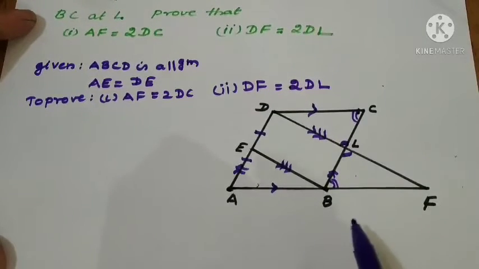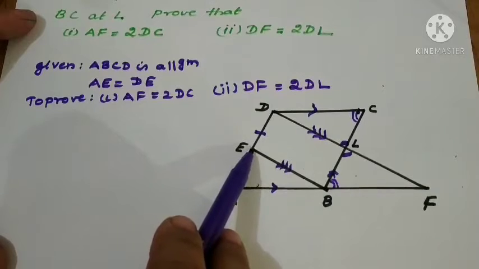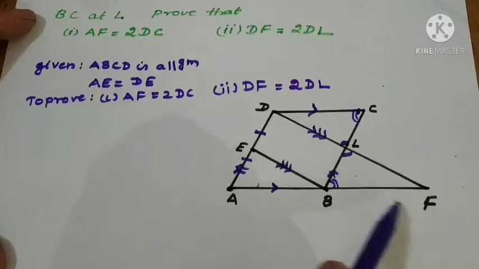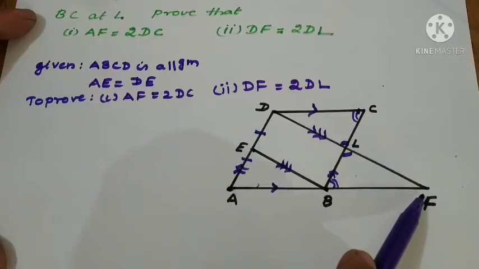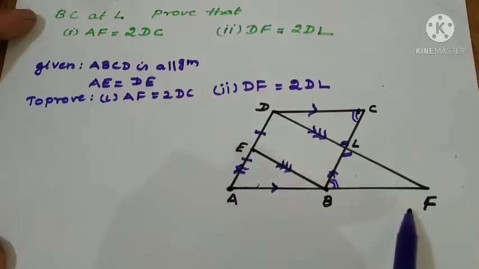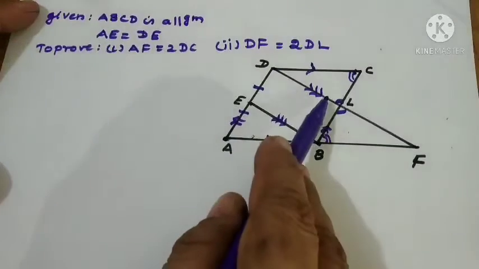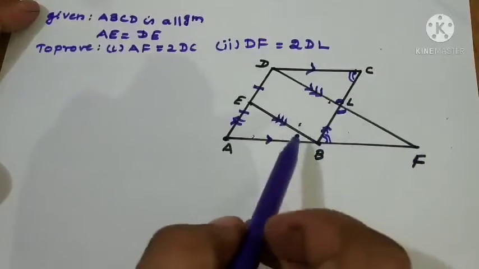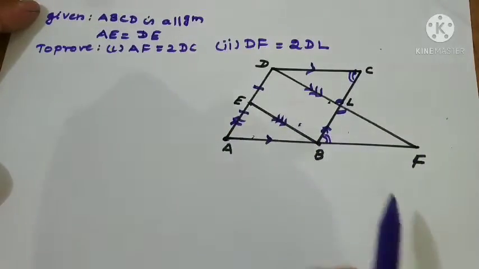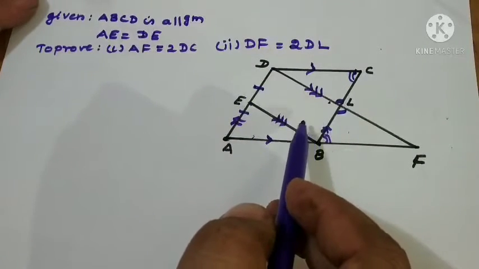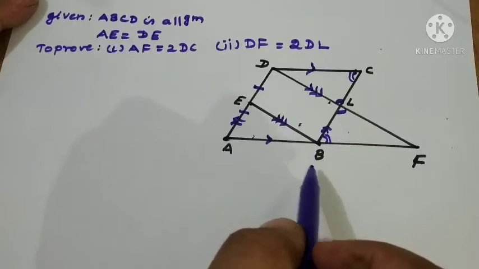So what we should do? Here they are given that this is a midpoint of this side and EB parallel to DL, it is DF also, it's parallel only. So when we are taking the triangle ADF, EB is parallel to DL, or DF we can take, or AB and CD are parallel. So we cannot go for the converse midpoint theorem here. We have to go parallelogram property only. Let us see that one.